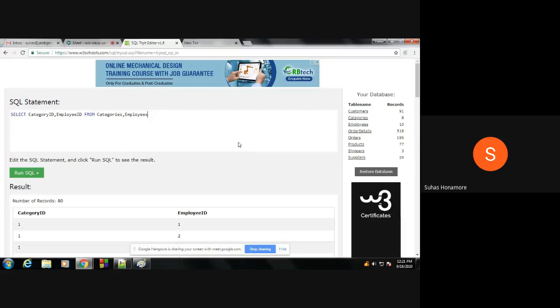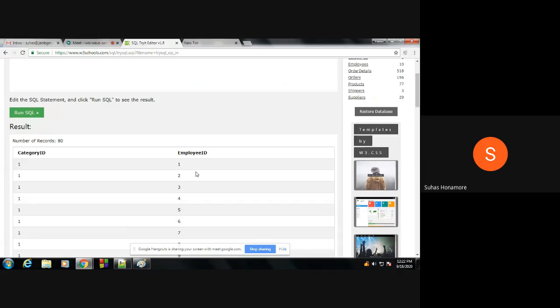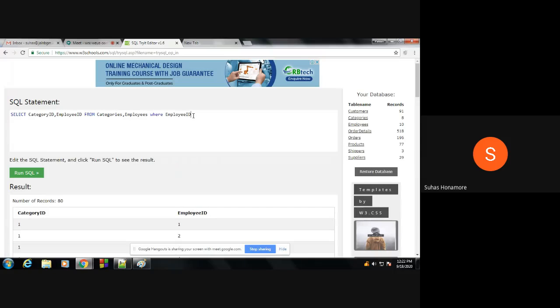Can I put a condition here also? Whenever we say FROM with two tables, this is the Cartesian product of the two tables together, which is now one table only. My resultant table is one table now, and from it we are trying to extract two columns. Can I put a condition here? Yes, here also we can put a condition. What kind of condition? Whatever you want. Consider the employee id is greater than 5.